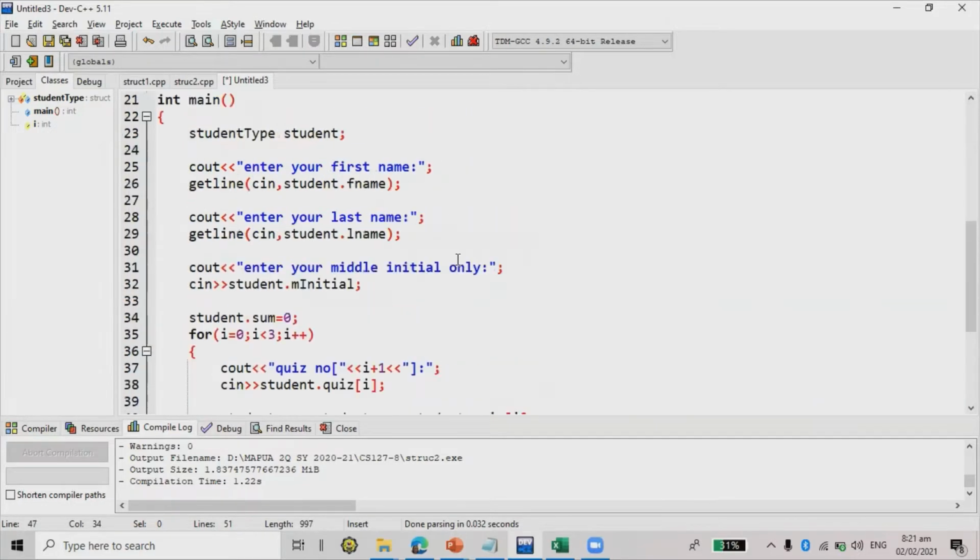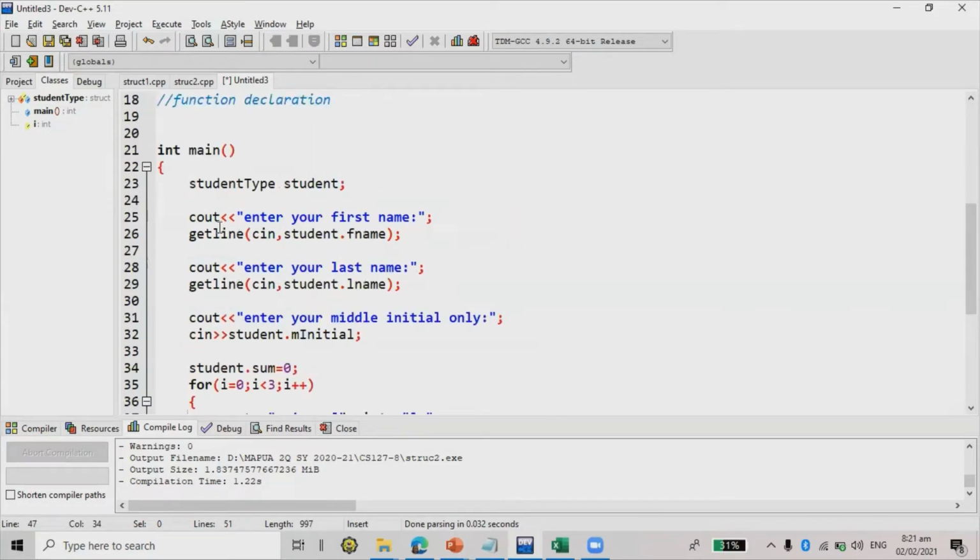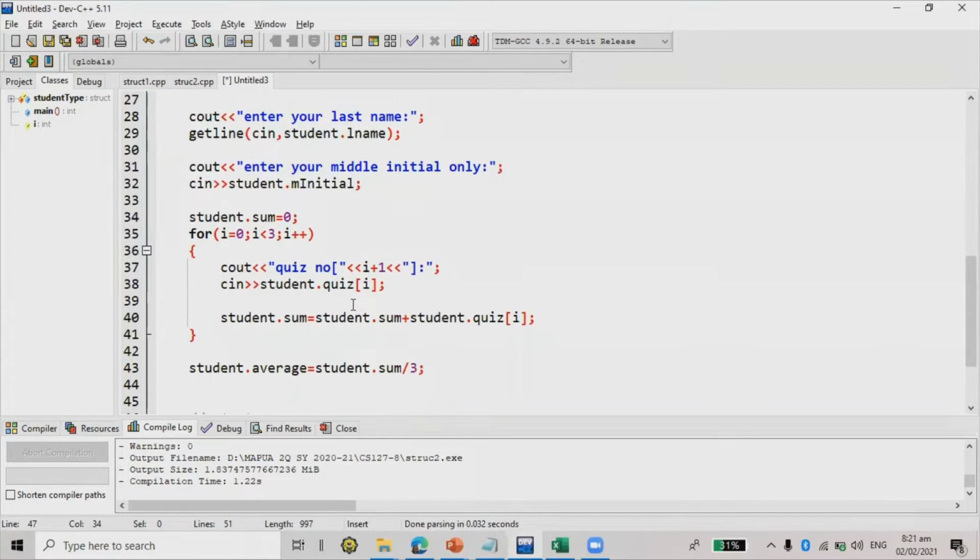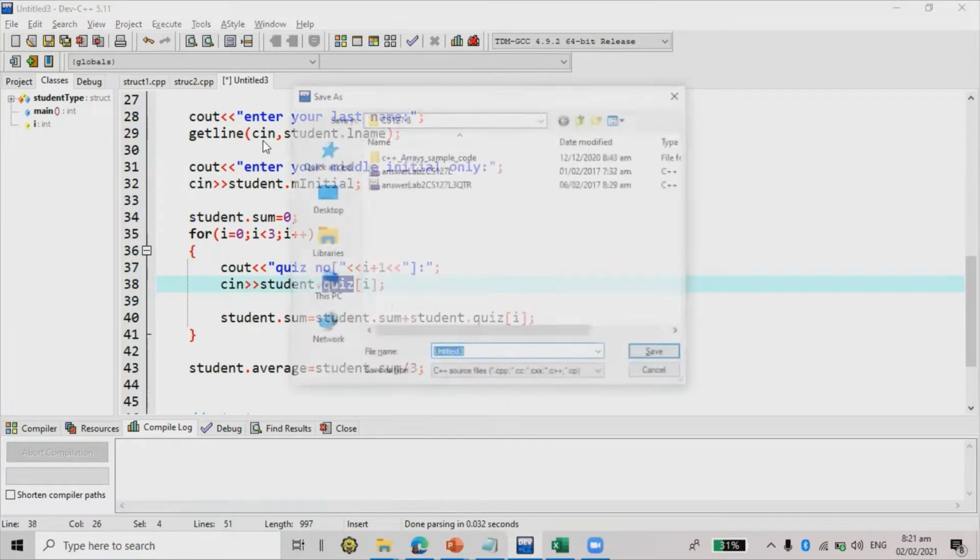Okay, so again, if you're going to take a look at this one, the members first name, last name, and middle initial are just like a simple variable within a structure. But when it comes to quiz, that's already an array in a structure. So we declare an array within a structure definition. So if we're going to run and execute the code, what will happen is